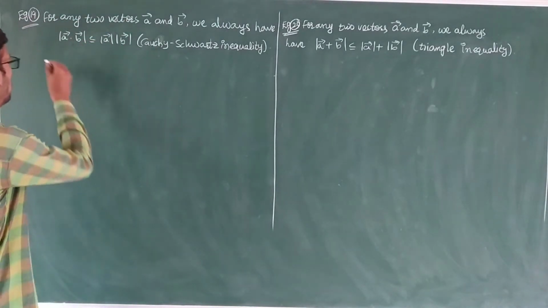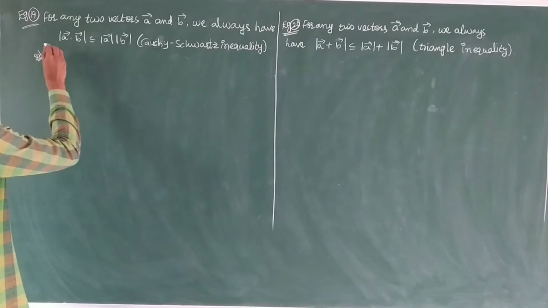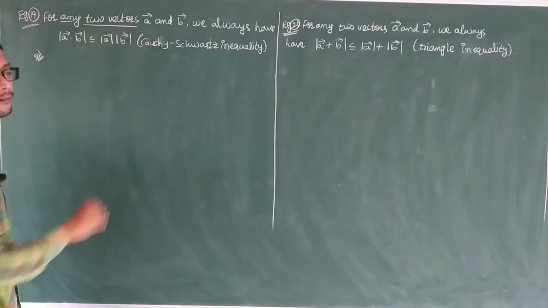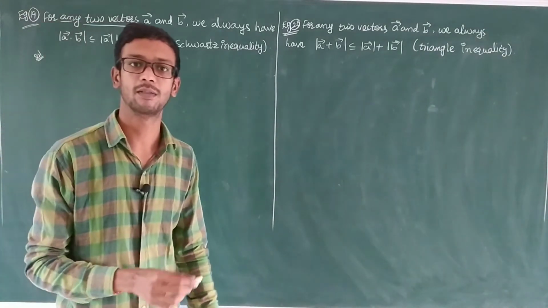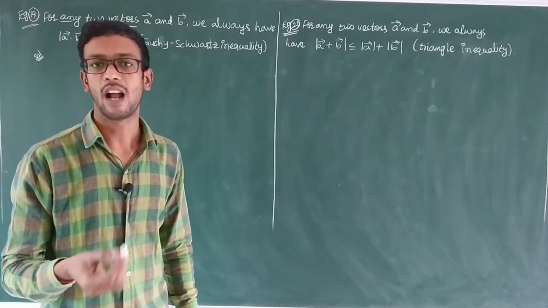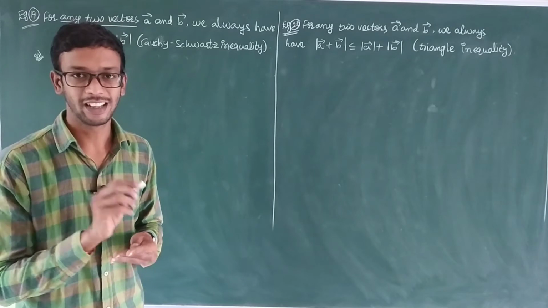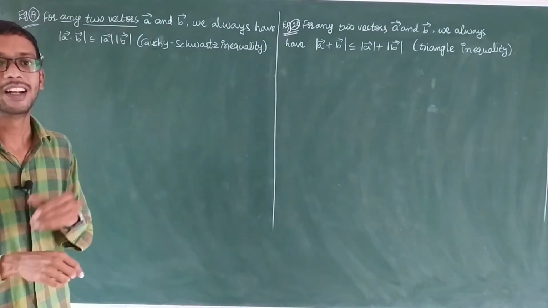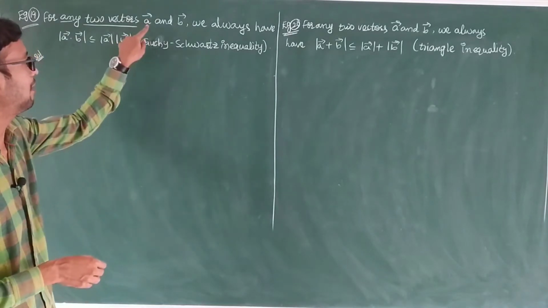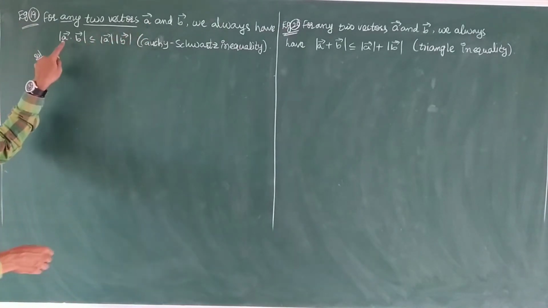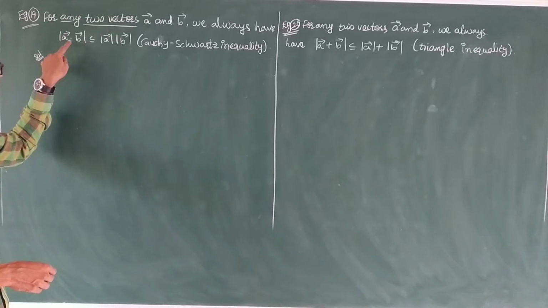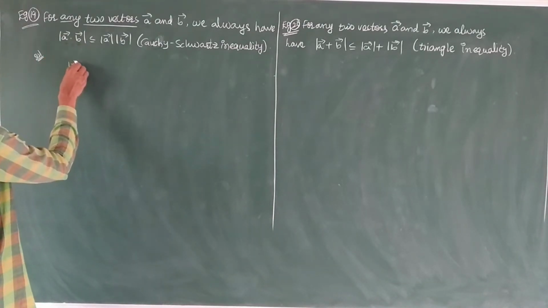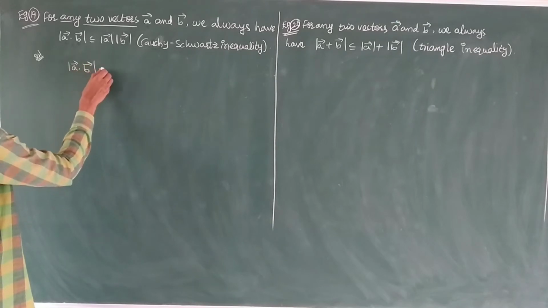For that purpose we observe any two vectors. Any two vectors means maybe zero vectors or non-zero vectors. So first I think about the zero vector case. I'll take A bar as the zero vector. Zero vector means 0 into this vector, so magnitude of A bar dot B bar is equal to 0.